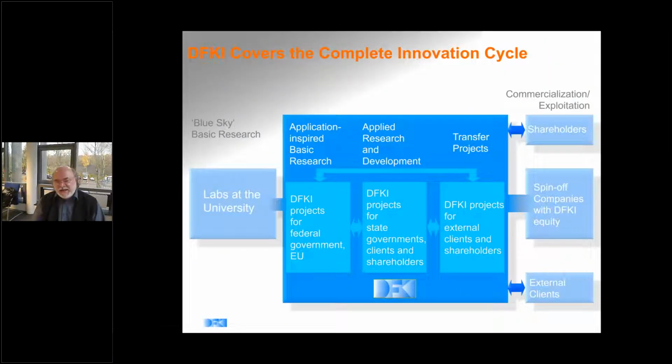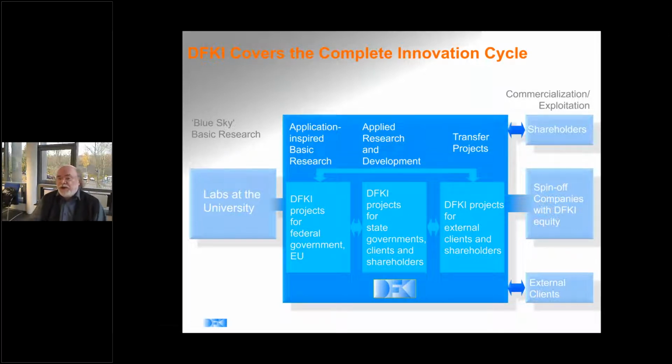This slide shows a little bit how we're operating at DFKI, because I think the context is important for some of the stuff I will talk about later. We're not doing only blue sky basic research, where you do research because no one has done it before, but our focus is really here in the center on applied research and development. Then we go to basic research if the applications we're looking at require that. So we always have applications in the background motivating us. And then we, of course, do the transfer to industry. This is one of our main objectives,